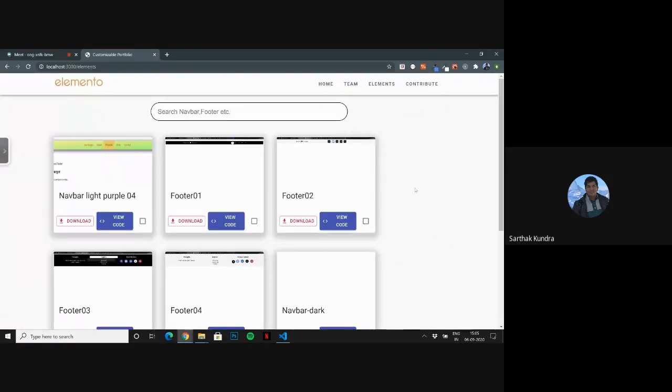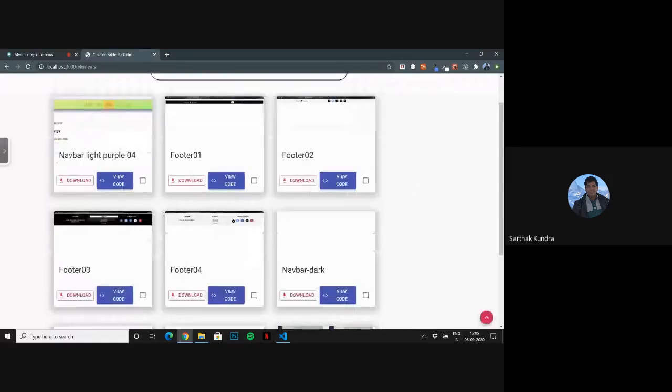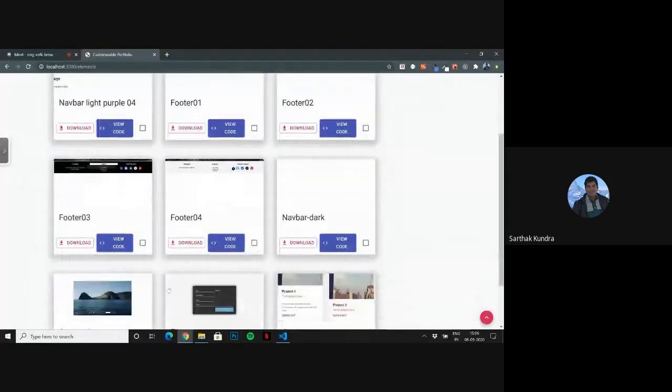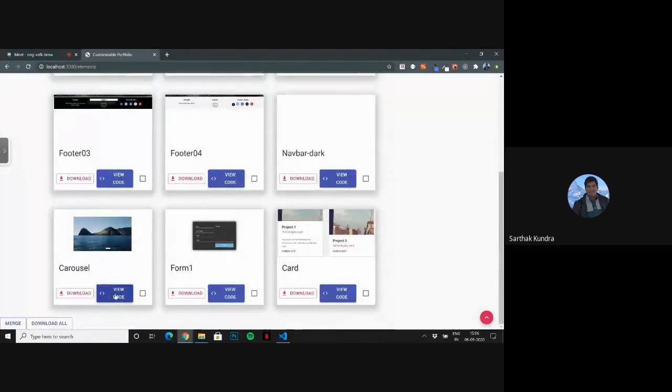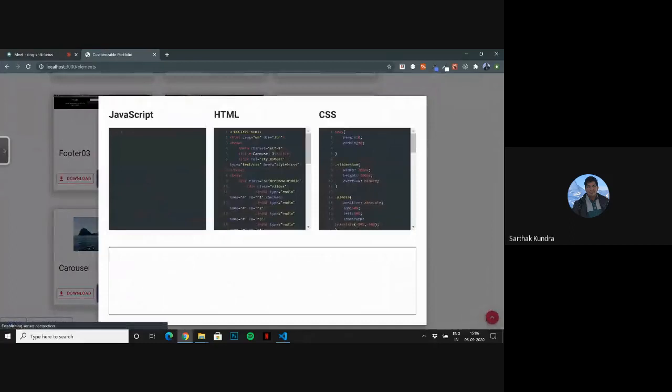So these are all the elements, and each element has basically three options. You can download the code of that element separately, or you can view the code. Let's say I want to view the carousel, so I'll click on it, and not only can I view its code, I can also see the live preview of the carousel so that I can imagine how it would look on my website.